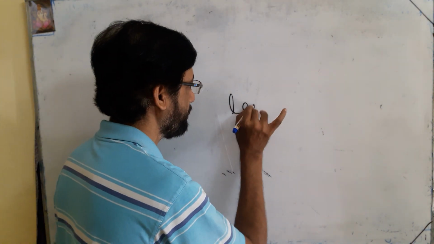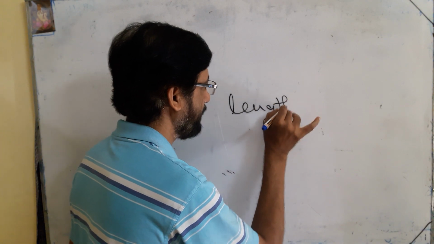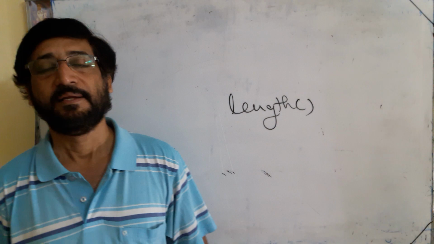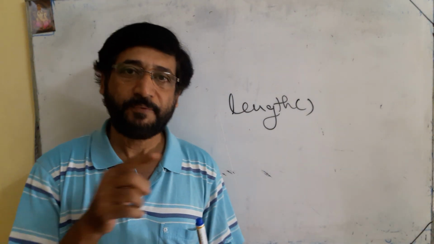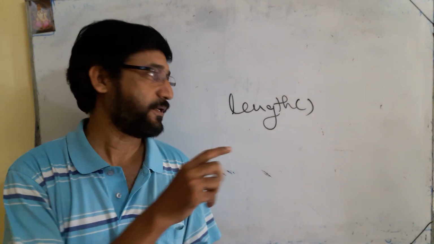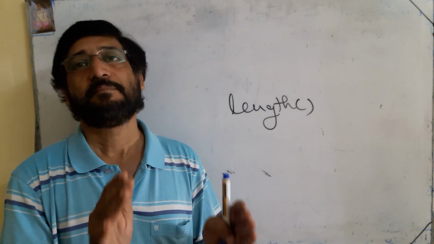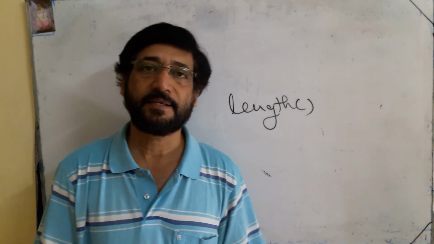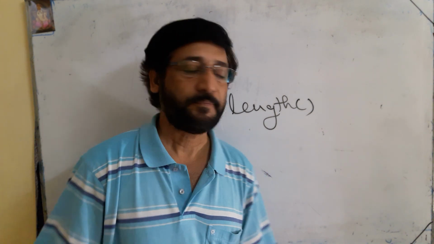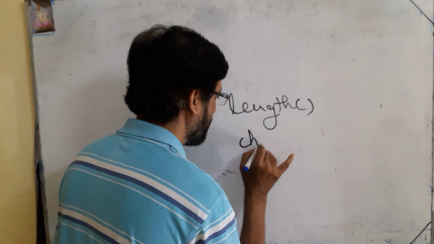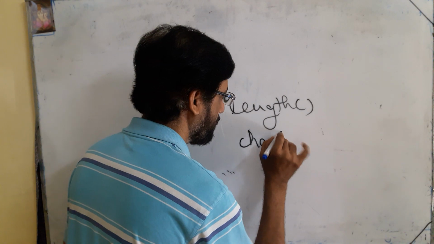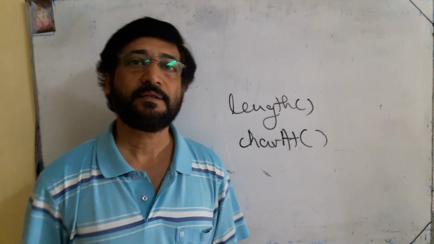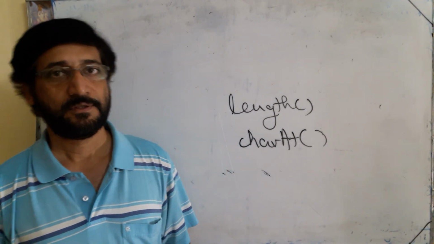The first function we have is the length function. Use the length function to find the length of the string. Then after finding the length, you have to repeat the statements for the number of characters present in the string. Then you have to select one character after another character. The function is the charAt function. You can use the charAt function to select one character after another character of the string.